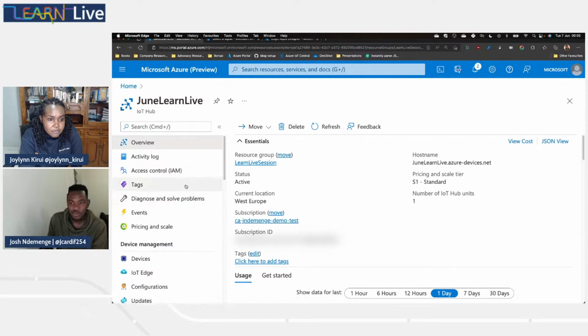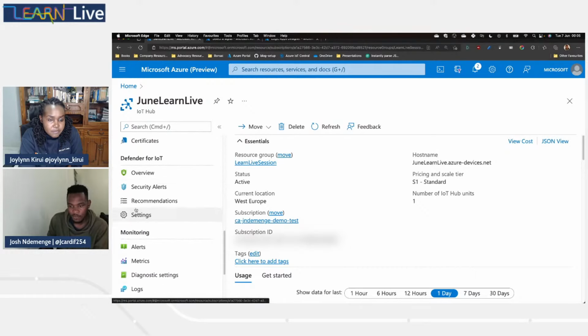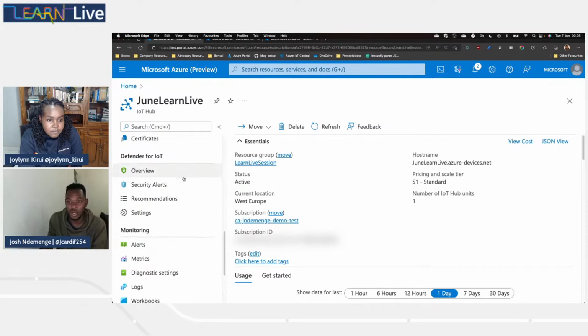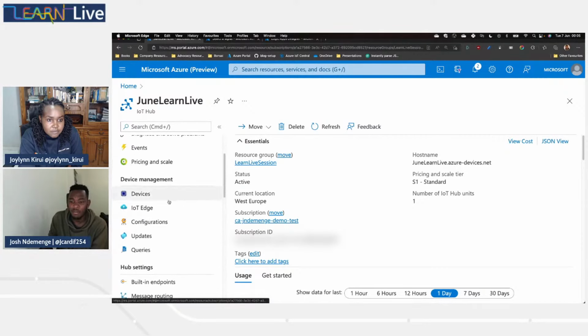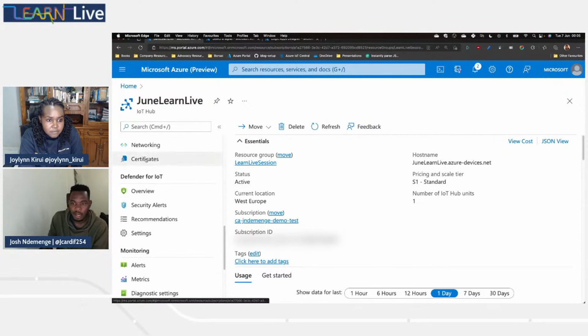Another thing to note is that, as I said, Defender for IoT is enabled by default for every IoT hub that is created. The moment you create any IoT hub, Defender for IoT is automatically enabled, and it allows you to gather IoT insights and see reports that can be viewed directly within the IoT hub UI. Just within your particular IoT hub, you can come inside here and see your reports and any other IoT